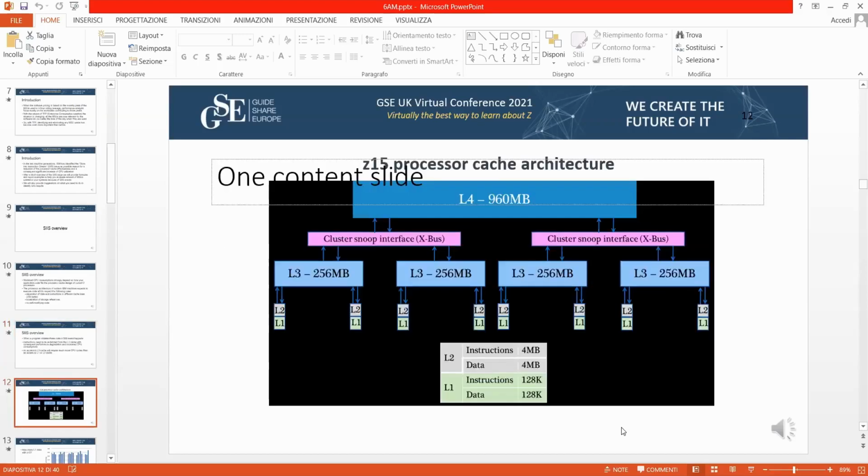Okay, so this is a z15 cache architecture, and you see that on level 1 and level 2 you are very close, and in fact you do not go into the nest. As soon as you are in level 1 and level 2, you know that the relative nest intensity is very important to understand how well you use your machine. And this is the amount of data available for data and instruction at level 1 and level 2 in the table below this short graph.